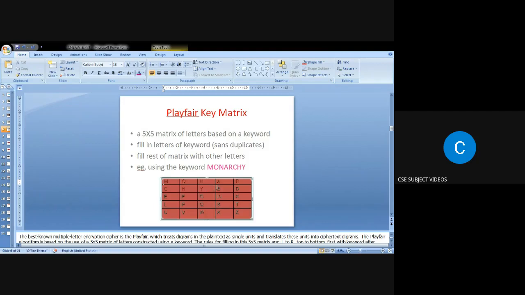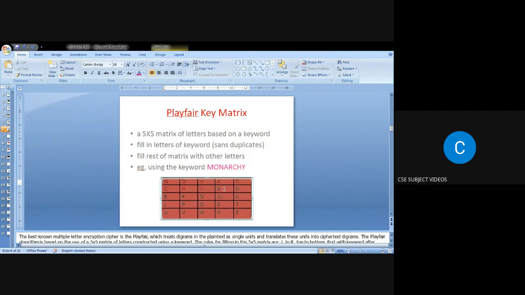After that we have to fill the remaining letters. So we have to fill what are all the letters left out. In the total alphabet of 26 letters, the letters left out from the keyword we have to fill sequentially, or serially. So now you can check whether A is there. Yes, A is there. So we go with the next letter B. Is B there in the keyword? No, the letter B is not there.